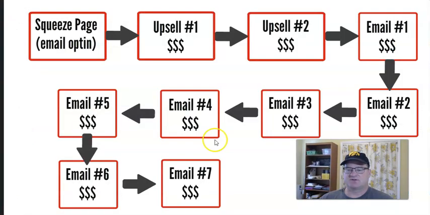So the first thing I want to do is just kind of go over what a simple email funnel looks like. A funnel essentially is when you use a funnel to pour liquid from a larger container into a smaller container, like maybe you're pouring gas into your mower engine or something like that, that funnel allows it to go right where you want it to go. And so you're going to have people enter your funnel through your squeeze page or email opt-in page. Many of you have seen these before. I'll show you some examples in just a minute. And then you're going to take them through this process.